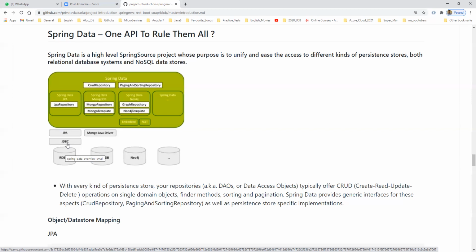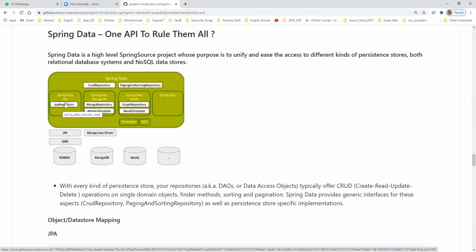Whenever you are writing static queries, you use a statement object, and whenever you are creating dynamic queries, you use a prepared statement. So those kinds of things we need to do manually. We need to write manual code, and if it is a select command, you need to write select star from employee. That kind of manual work is removed when we are using this repository.